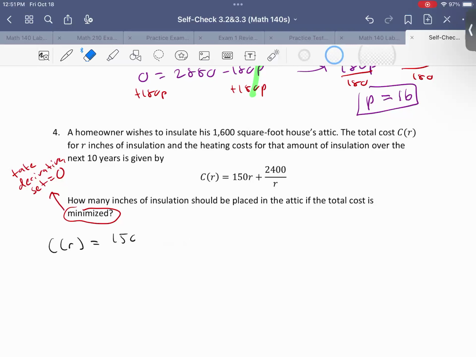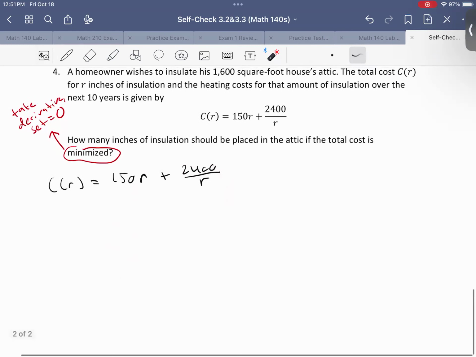Let me rewrite this, sorry. 150R plus 2,400 divided by R. Okay, so we know how to take a derivative of this. And this one, we're going to have to change a bit in order to take a derivative using that power rule. So to rewrite this, I will just write